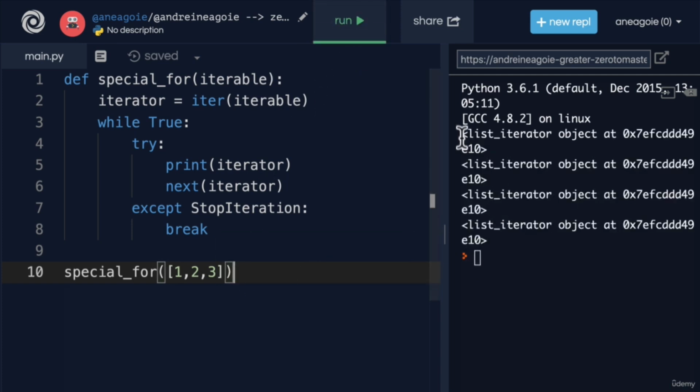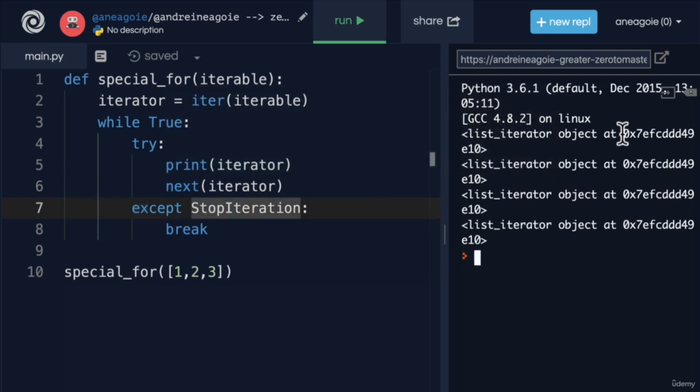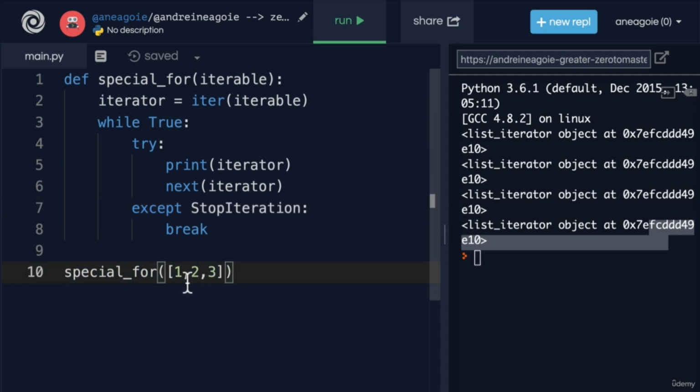check it out. I loop through some iterable objects using next. And you see that this object exists in the same memory space, even though we're constantly looping through it, 1, 2, 3. So this is how for loops work underneath the hood. When we do for, let's say, num in and then give it a list, it's going to turn it into an iterator, and it's going to keep calling next on it over and over and over